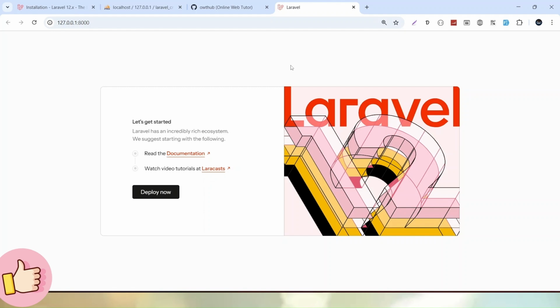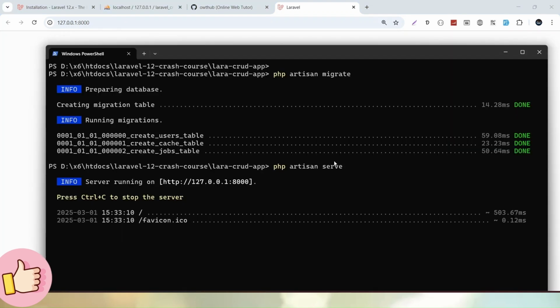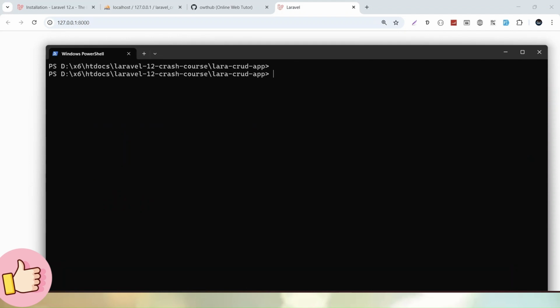Now, after successful installation of this version 12 application, let's get started installing the base authentication package into this setup, so that we will also have the authentication system of login and registration. For that, let's simply go back to the project terminal. I'll stop this development server. We have to run a composer command because Breeze is a composer package. So by using composer, we can install Breeze authentication into this Laravel application. The command will be composer require laravel forward slash, and here we have the breeze keyword. After typing this command, hit enter,